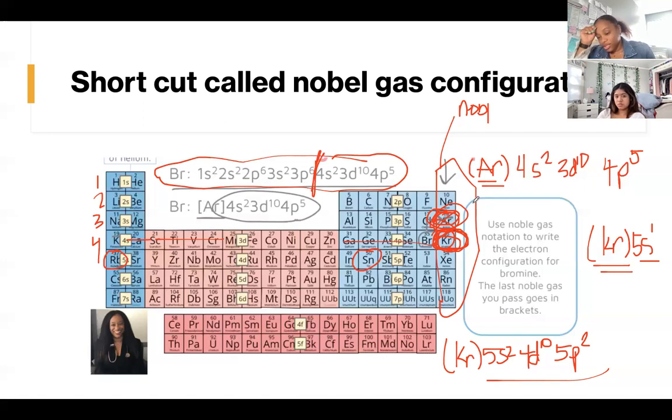So me saying argon just means that you don't need to write this whole thing out, because this represents a noble gas. And then the last three. But if you had, for example, sodium,